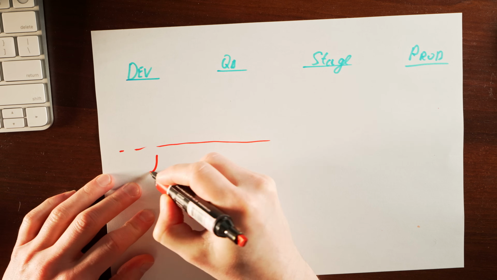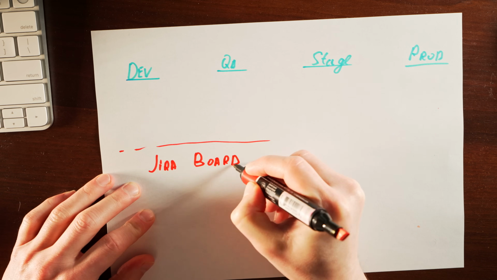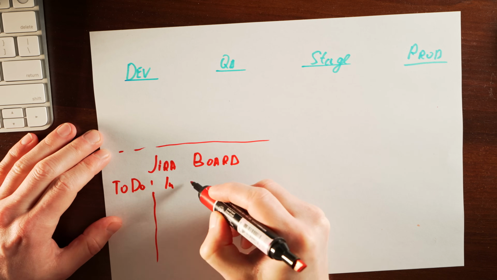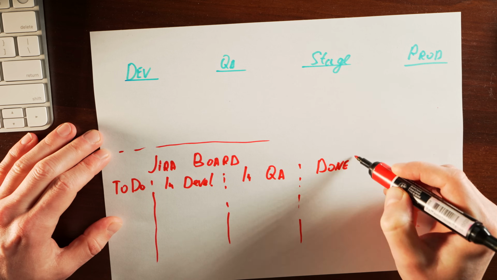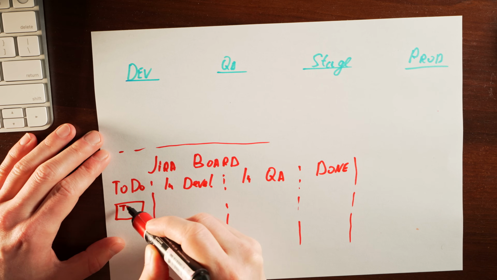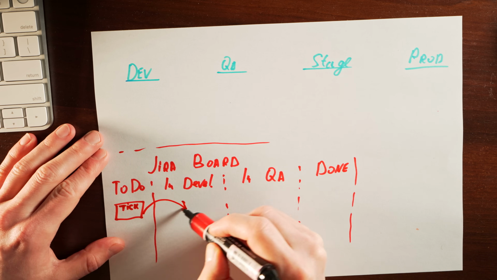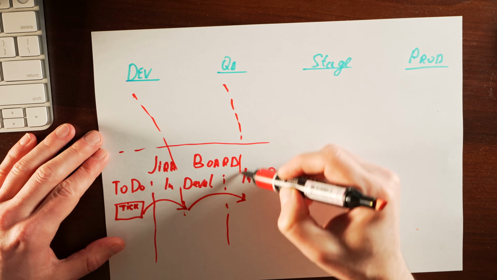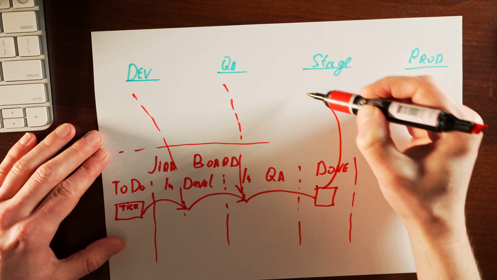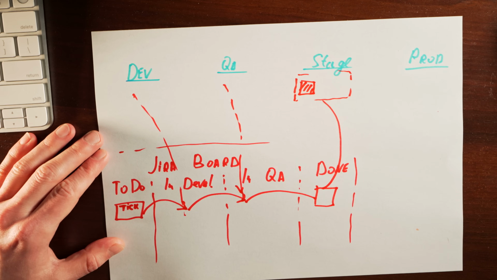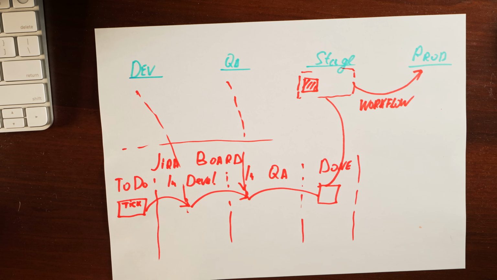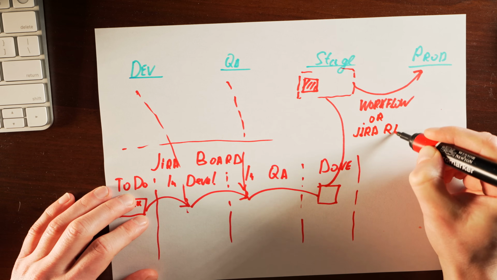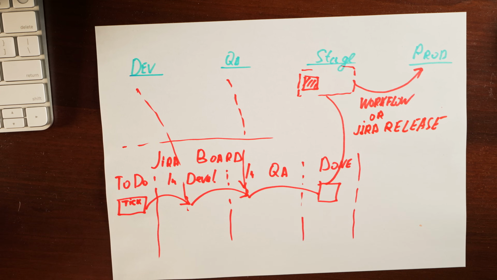Okay, that's the theory of quality and change management. But now you need to reflect it inside your Jira project. There might be different approaches to representing it in Jira. For example, issues and related code get to the staging environment following the Jira workflow on the board. But to get to the production environment, you group all issues into Jira release and release them as a package.